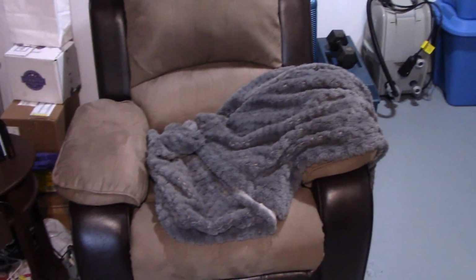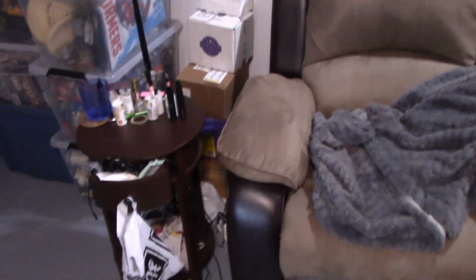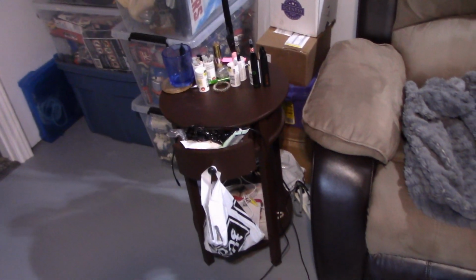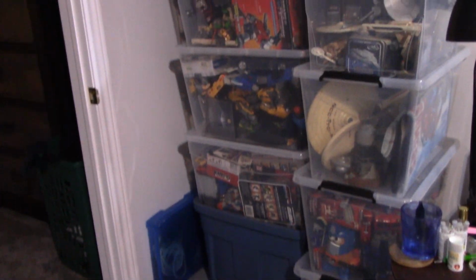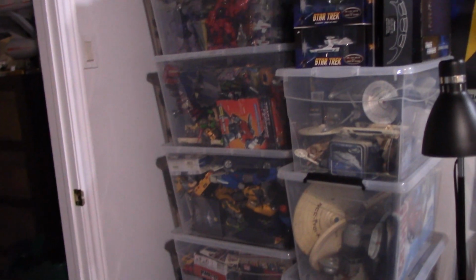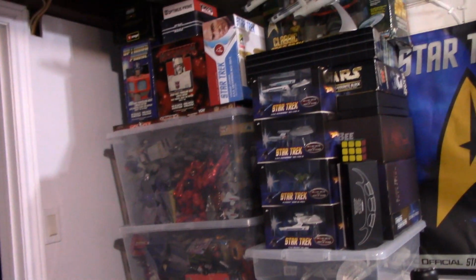Now here's where Sylvia sits when I'm doing my lives, or when she wants to come downstairs and chill out before bed. Got a bunch of her stuff over there. And over here we've got bins full of toys and collectibles that I need display cabinets for at some point in time, but